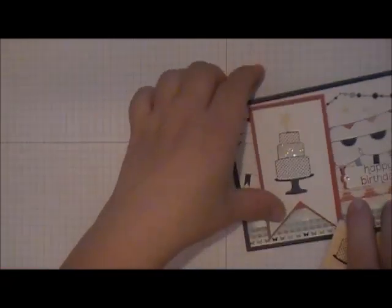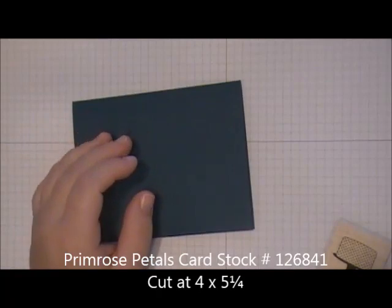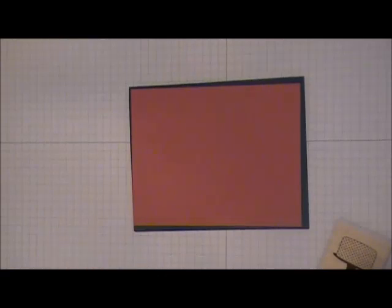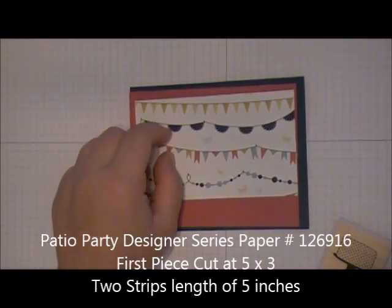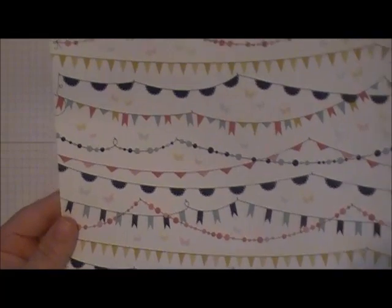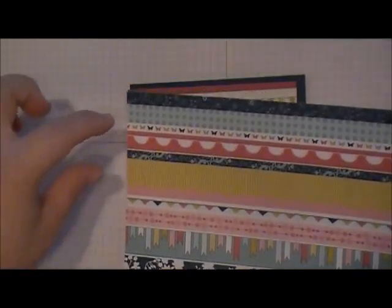Alright, so you will first need a piece of Midnight Muse cardstock cut at 8.5 by 5.5. I'm going to make this card a little bit different, and I'm going to use a Primrose Petals mat of 4 by 5.25. And then I'm using the Patio Party Designer Series paper. What I did was I cut the strip with the pennants on it at 5 by 3, so I just cut a piece of this at 5 by 3, and then I cut off strips from another piece of the Designer Series paper, which is this one, and all I did was I cut off this whole top